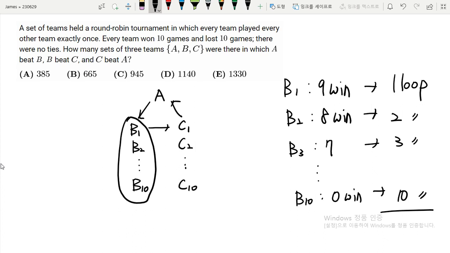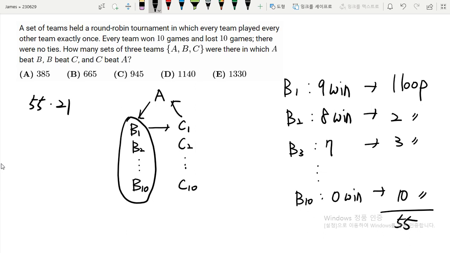So what's the sum of 1 through 10? Yeah, 55. So for team A, we can make 55 loops, and there are a total of 21 teams. So we can make these loops for each team, and each team will have 55 loops, because every team won 10 games and lost 10 games. So 55 times 21, but